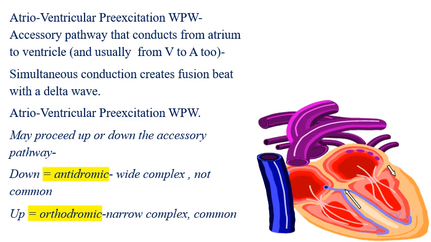Atrioventricular pre-excitation may proceed up or down the accessory pathway. If it is starting from down the accessory pathway, it is called antidromic. If it is from the atrium to the ventricle through the normal pathway, it is called orthodromic. The orthodromic conduction on surface ECG does not show delta wave, does not show short PR, and is called concealed